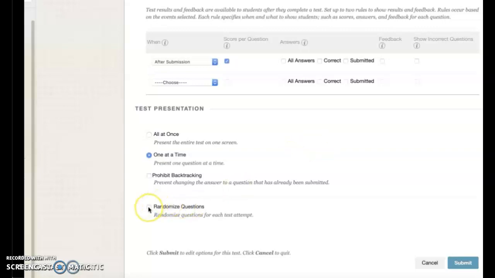And then the last piece of advice, randomize your questions. That way it scrambles them up and students get different questions just by pure chance. So hopefully this helps, but definitely lean